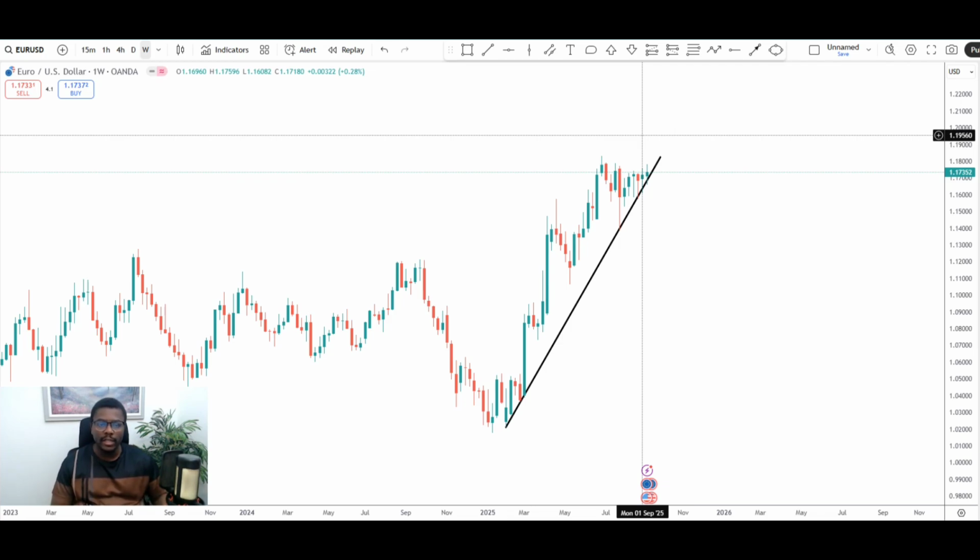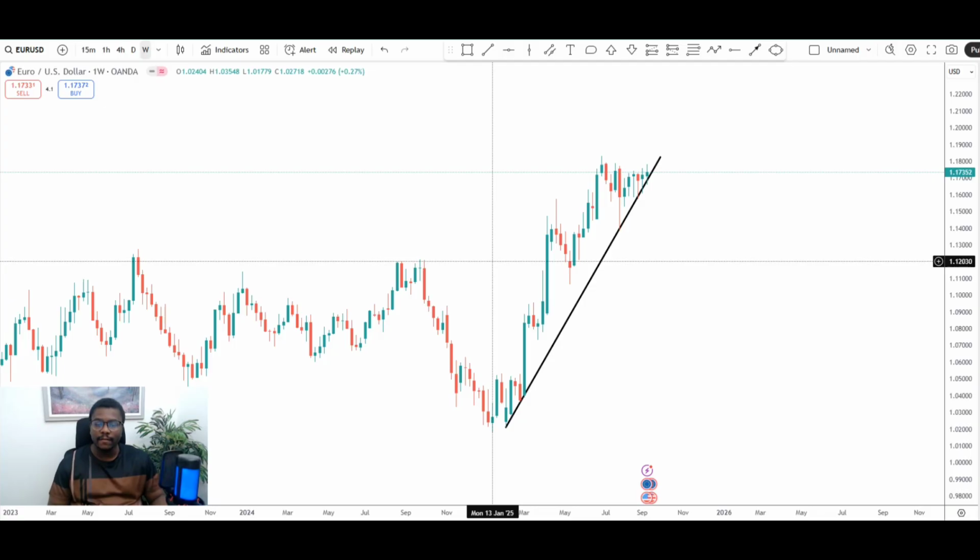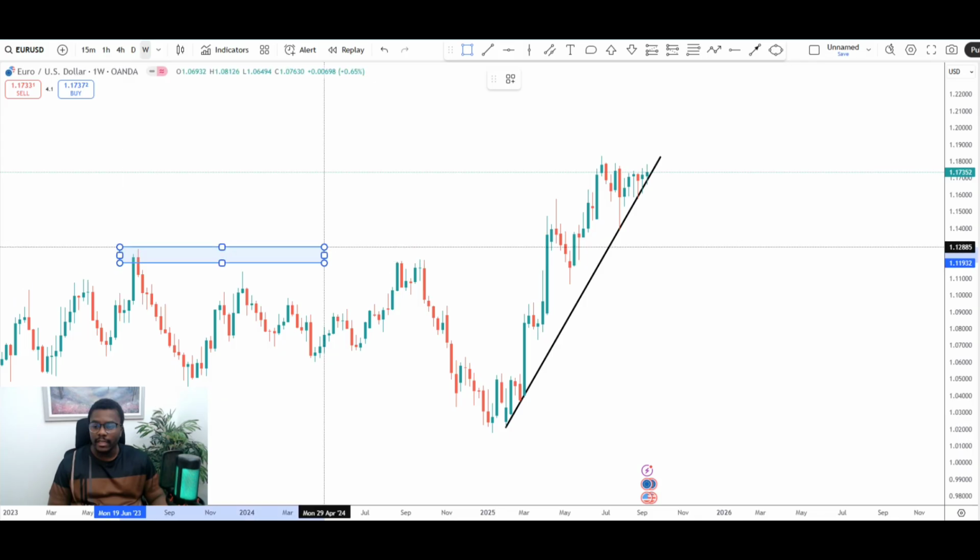And because I mostly swing trade, I would normally look at the long-term trend and see where price is heading and go down to a lower time frame to look for a good place to enter. So after identifying the trend, the next thing that I will do is to identify key areas of support and resistance. So here I can see a key area of